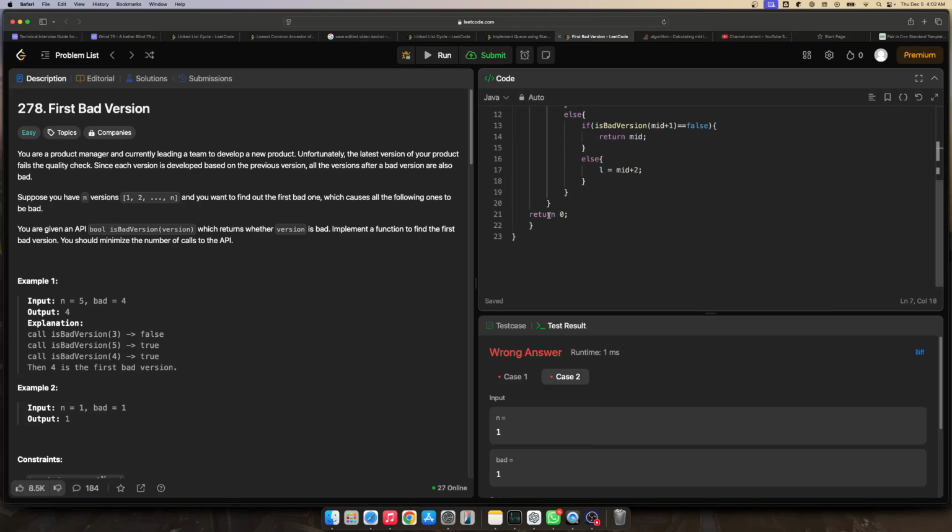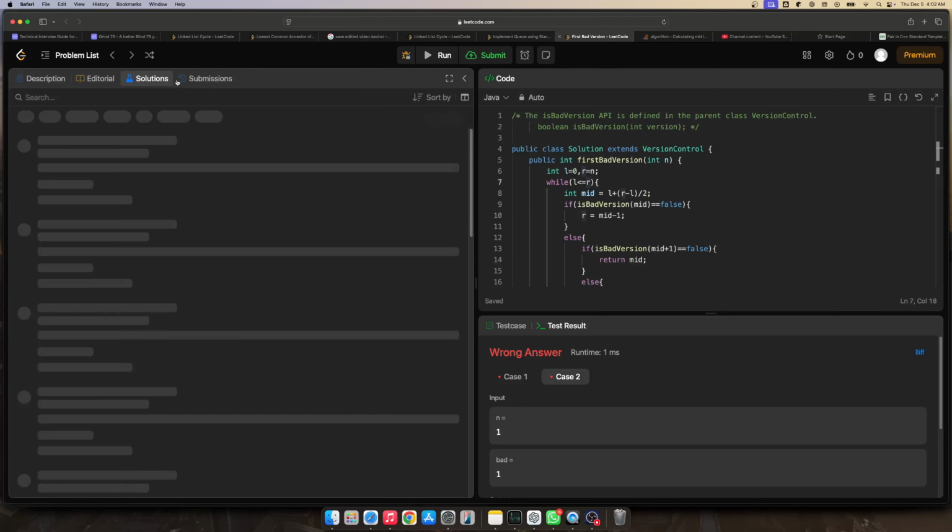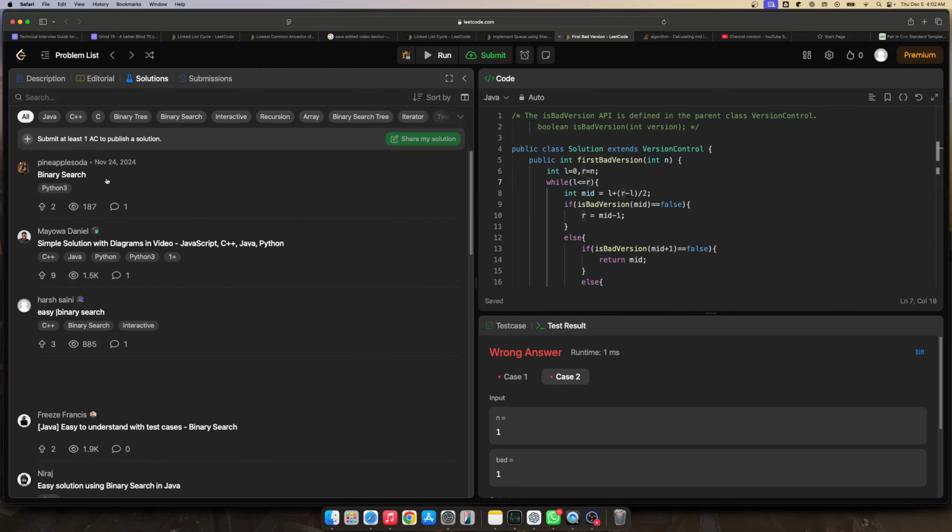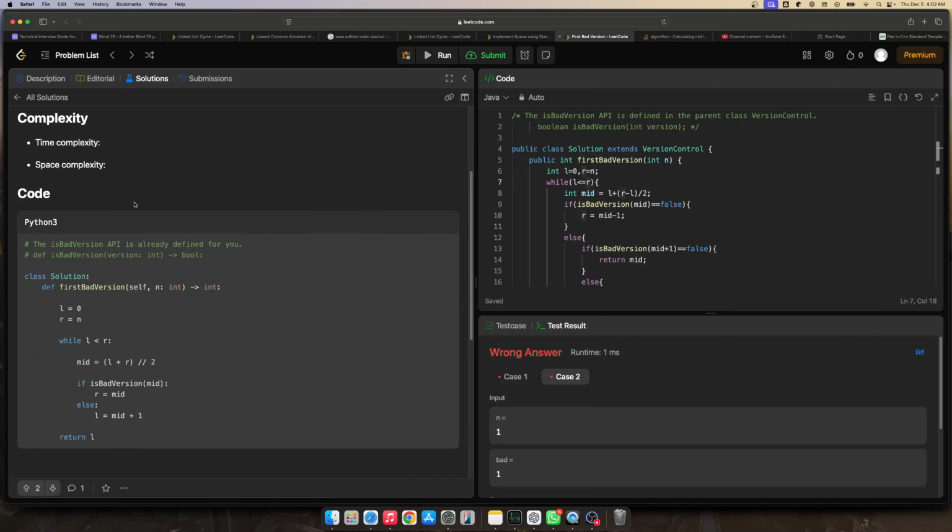Why is this one not working? I'll see the solution. Binary search. If this one is false, then we are making r equals mid. Okay,